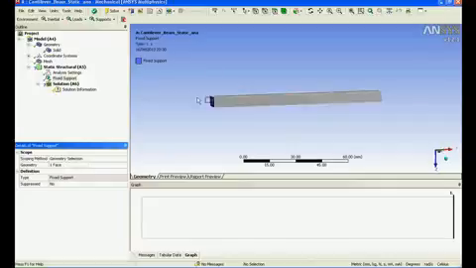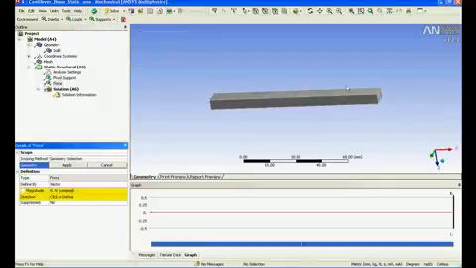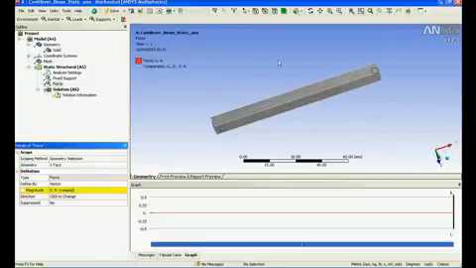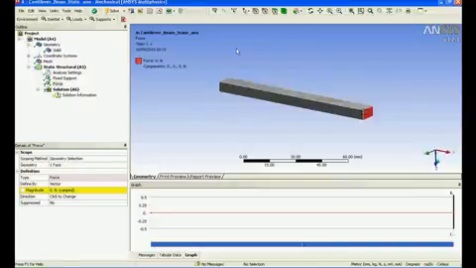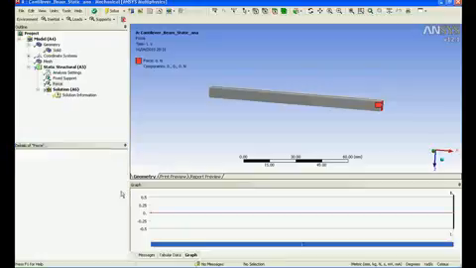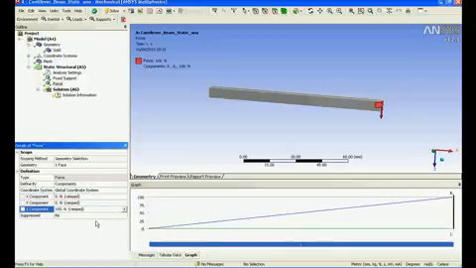So I'll fix this one end, and I'll say apply, and you could see it is showing this end is being fixed. Click on load, select pressure, and I'll say apply. You always need to click apply in order to activate the selection. So right now I would like to apply in the Z direction. So rather than going for a vector, I could easily choose a component, and along the Z direction I could specify 100 and say okay.